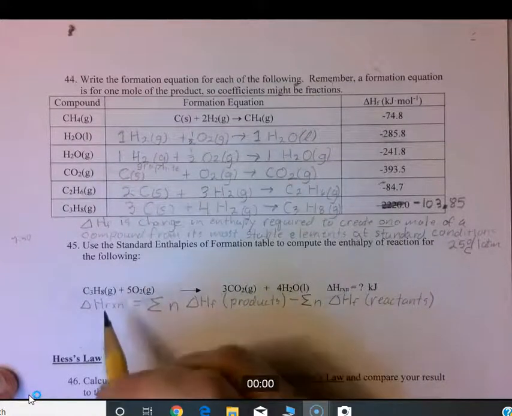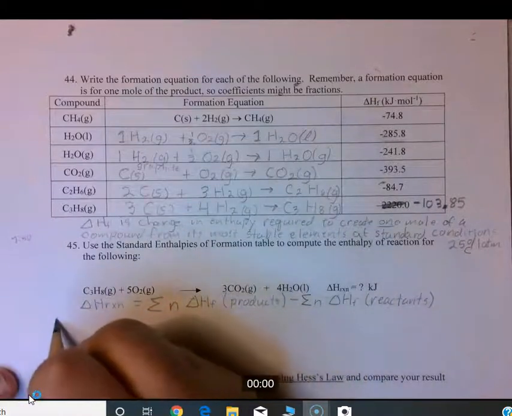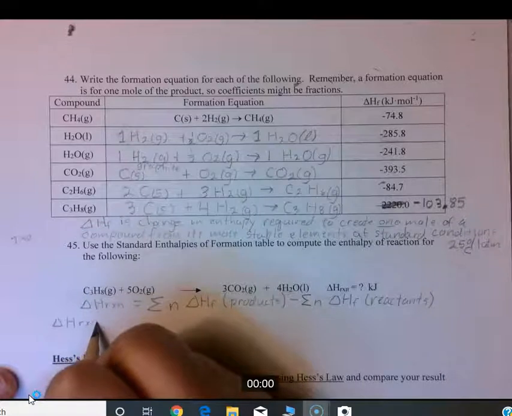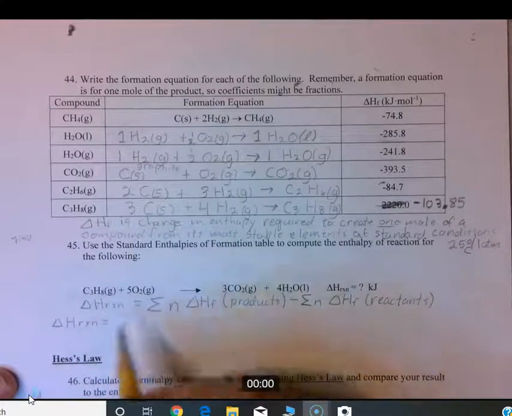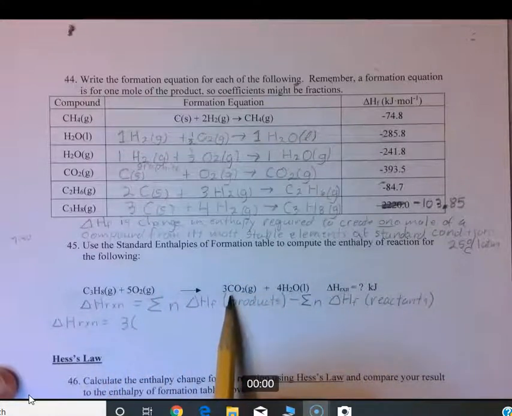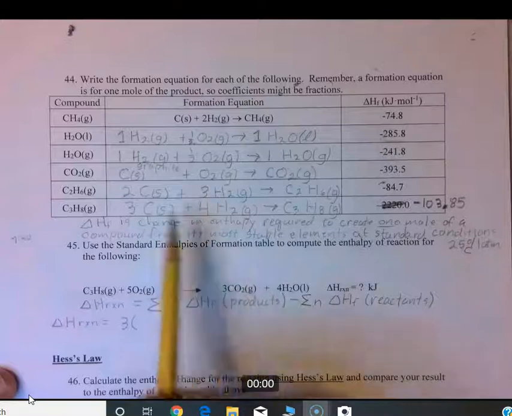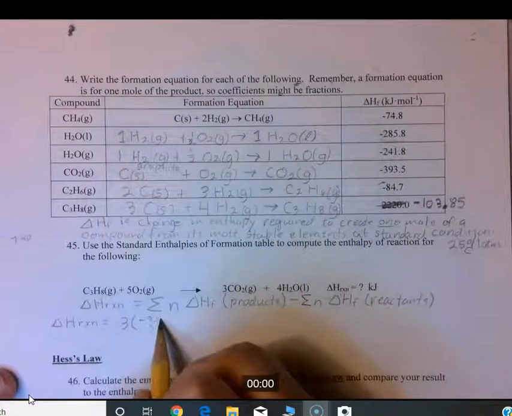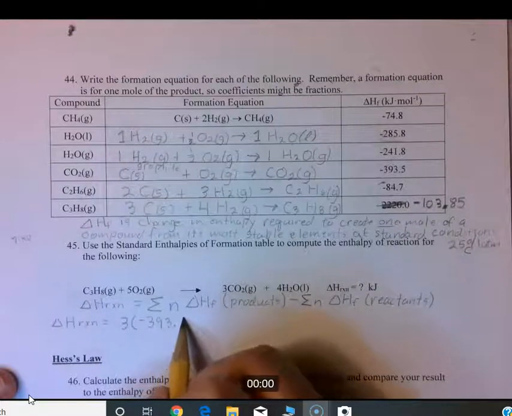So what that is simply saying is that it equals three times, and we need the delta H of formation of CO2. We come up here and it's negative 393.5